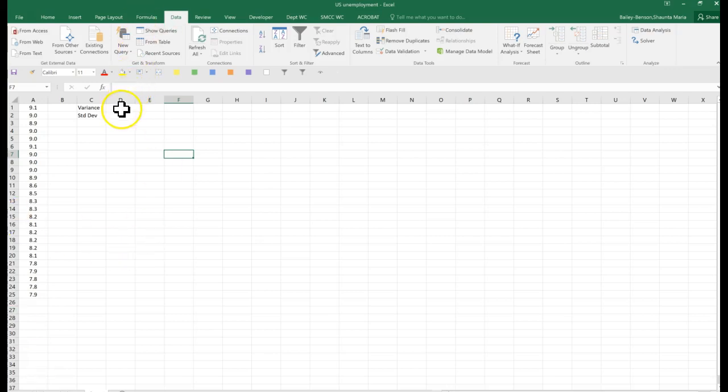If we're going to calculate the variance, we're going to use the formula VAR. Here we go. We have a dot P for population and a dot S for sample. We're using the dot S. So here we are, if we calculate the variance for the sample, capture the array, use the function, and then